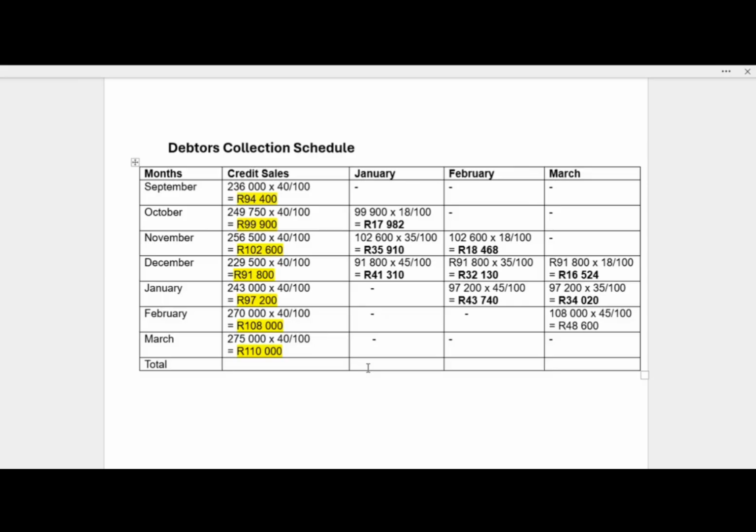So in January, we are going to collect a total amount of 95,202. Okay, and then in February, we are going to add from 468 plus 32,130 plus 43,740, and then we are going to collect a total amount of